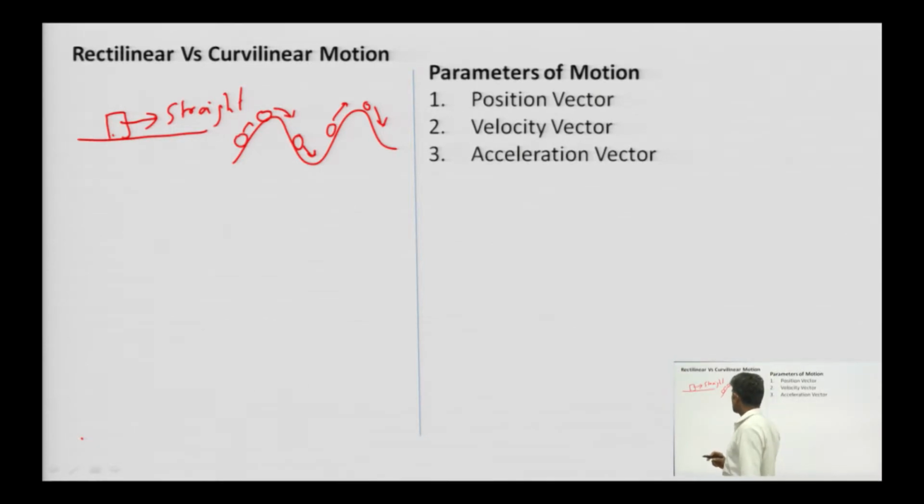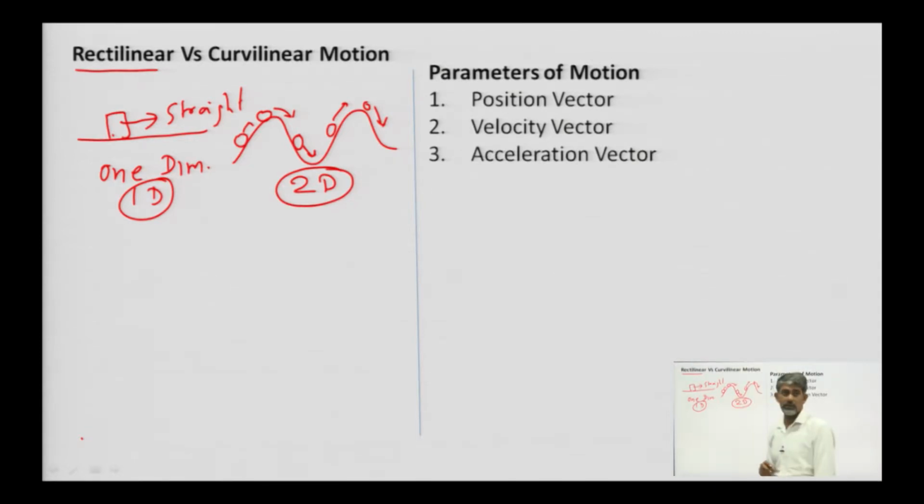So, the difference is that rectilinear motion is one dimensional, means 1D, and this is 2D. Why 1D or why 2D? Why one dimensional, why two dimensional? It is because